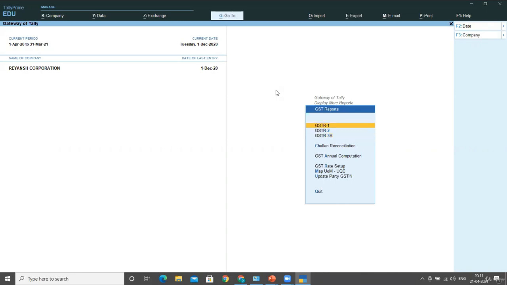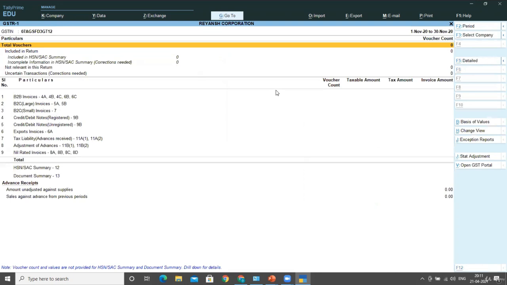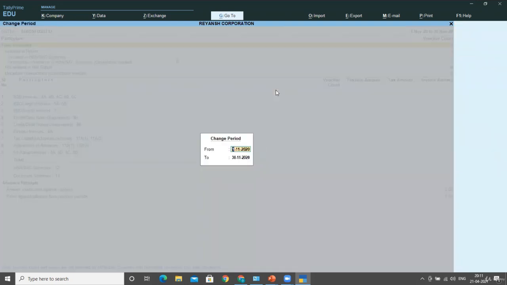As we had discussed earlier, GSTR1 is basically for all the details related to your sales. GSTR2 is for all the details related to your purchases, and GSTR3B is your net return, that is the net amount, net ITC available with you. First of all, I'm going to show you GSTR1. When I click here on GSTR1 and press Alt F2 to change the period, I'm selecting my period till